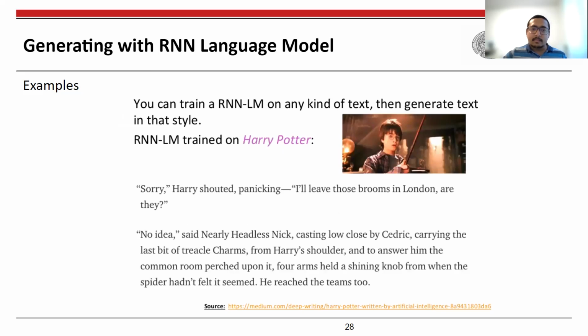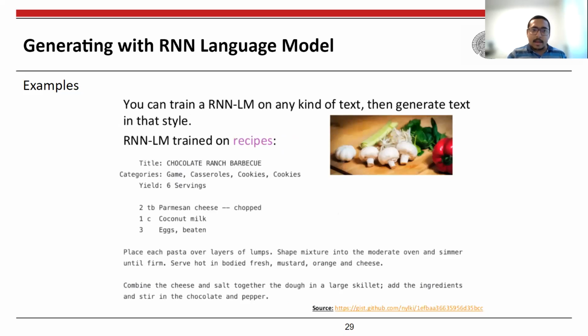Also, you can train this model on any book corpus. Let's say you train it on all the books of Harry Potter, and then you can generate text that is very similar to the actual text in Harry Potter, although written by a model, a stochastic language model. And also let's say you train it on recipes, you can generate new recipes, although obviously they may not work, but still you can mimic the template of generating recipes. Some of the people have used these kinds of models towards these nice applications, and you can also check them out.